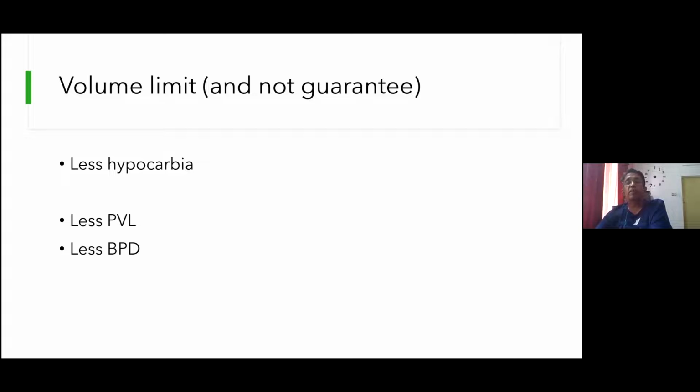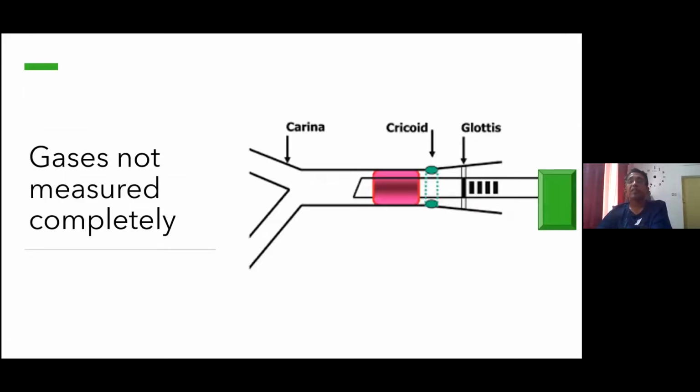Volume limit in these tiny babies I showed, like the 25-weeker, has reduced hypocarbia, which is associated with brain damage, and also bronchopulmonary dysplasia. So by reducing high tidal volume ventilation, you are able to reduce brain injury and lung injury. But there are issues, just like the leak I showed you. If gases are leaking out around the tube, then the ventilator doesn't measure the volumes correctly. And in fact, you'll end up over ventilating because the ventilator measures only 4 ml, whereas 6 ml was breathed out by the baby. So if you don't understand this concept and you're just chasing the numbers on the ventilator, you would harm the baby rather than benefit by using this mode of ventilation.